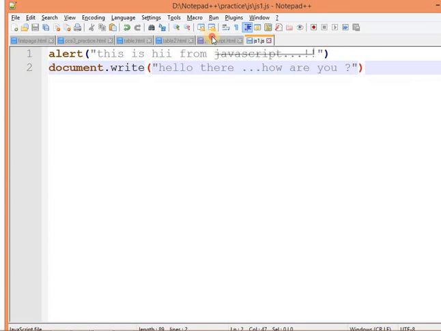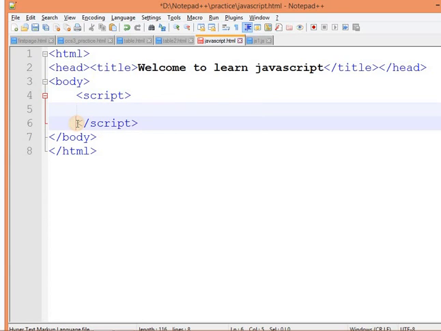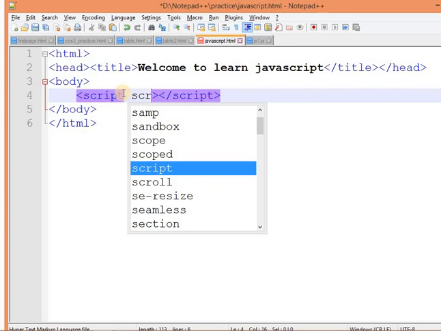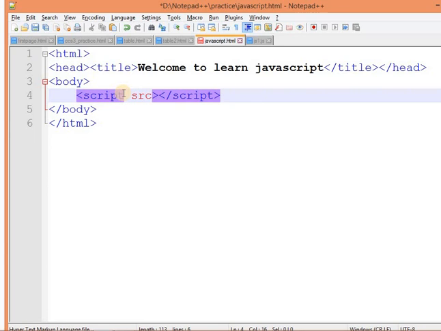Now how can I add it? The pairing of the script tag is needed. Now you just need to add the source attribute, and in the source attribute I have to mention the path of my file. The name of my file is JS1.